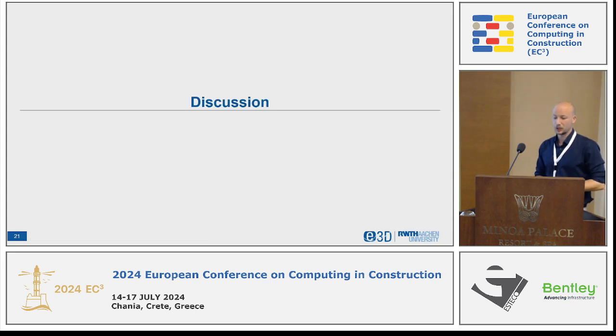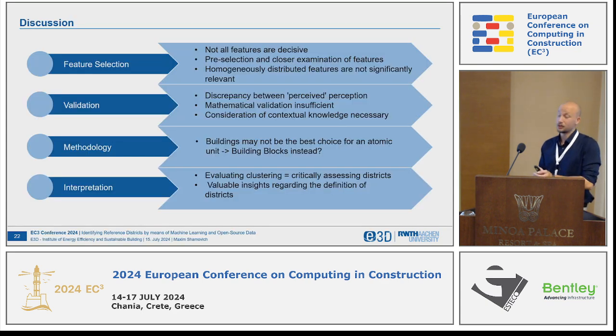So, what did we learn from our first proof of concept? Feature selection is, of course, very important, and we didn't consider all features we wanted to initially, just because the data size gets so high that it's just infeasible to do in reasonable time, at least for now. So we left out, for example, geothermal data, which is in Germany at least a very important renewable energy source, and we need to work on our feature pre-selection.